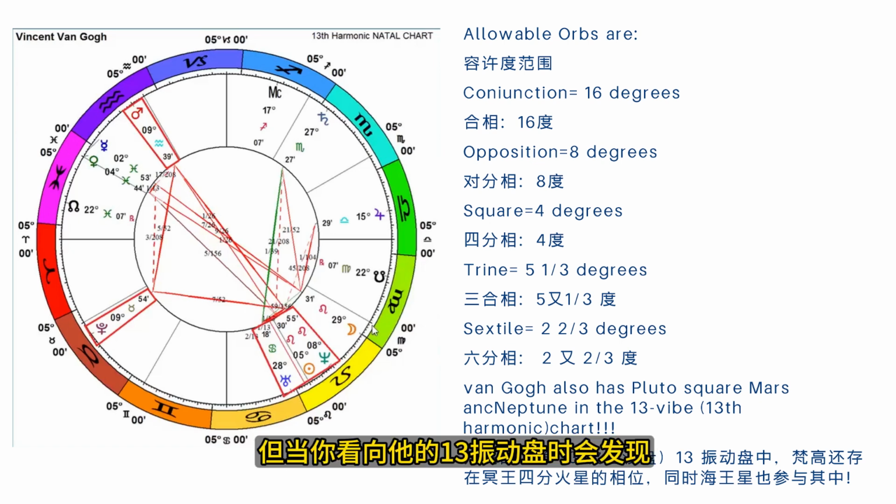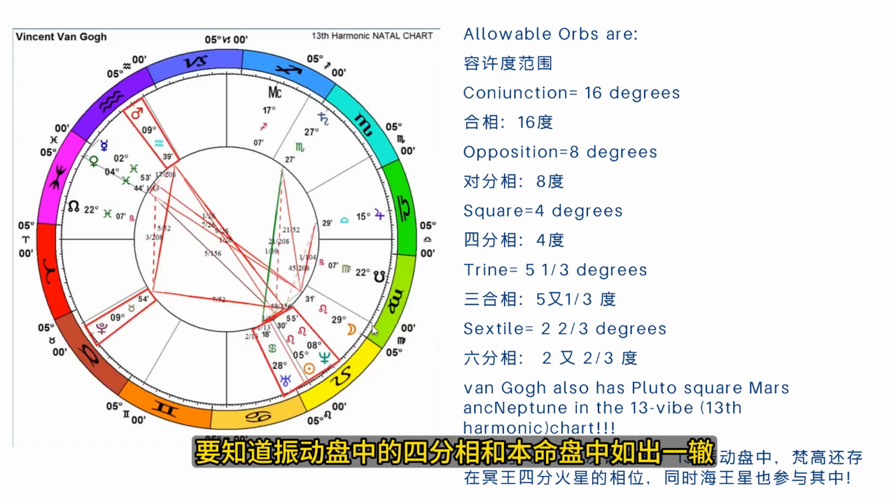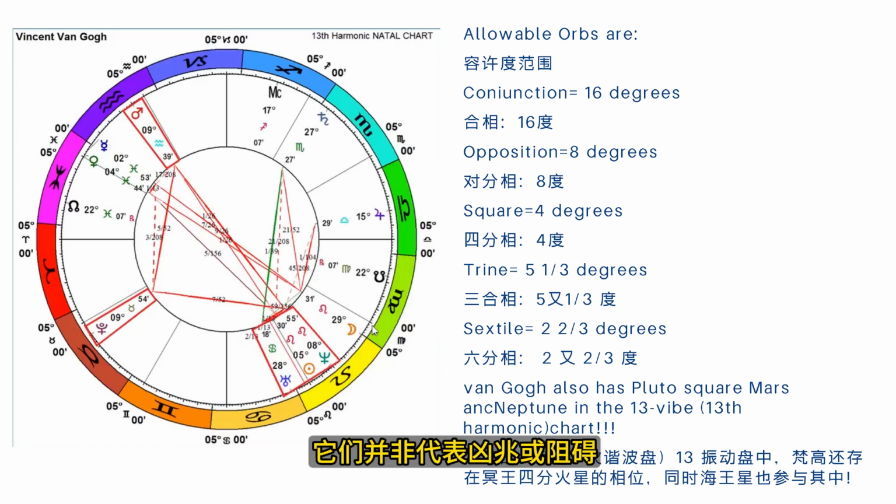But then you look at his 13 vibration chart, and Pluto square the whole thing. So here's Pluto making squares. And the squares in a vibrational chart mean the same thing they do in a natal chart. They're not bad. They're not blockages. They are forces. They're challenges. They're driving. So Pluto, if we go back to our list of words for Pluto,